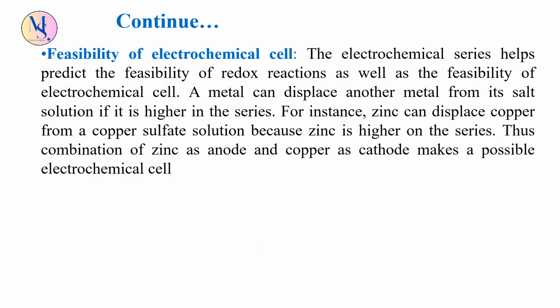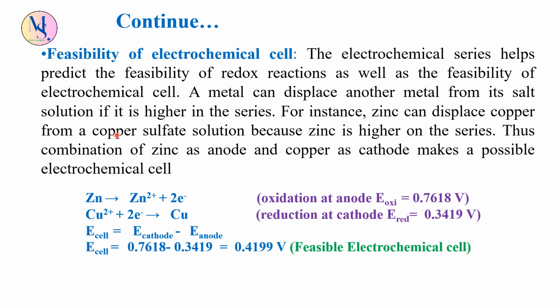Electrochemical series helps to determine the feasibility of a redox reaction as well as the feasibility of chemical cell. A metal can displace another metal from its salt solution if it is higher in series. For example, zinc can displace copper from its salt solution by oxidizing and giving its two electrons to the copper. The zinc gets oxidized at anode with a positive oxidation potential, that is 0.7618 volt, while the copper gets reduced by gaining the electron generated from zinc at cathode with the positive reduction potential, that is